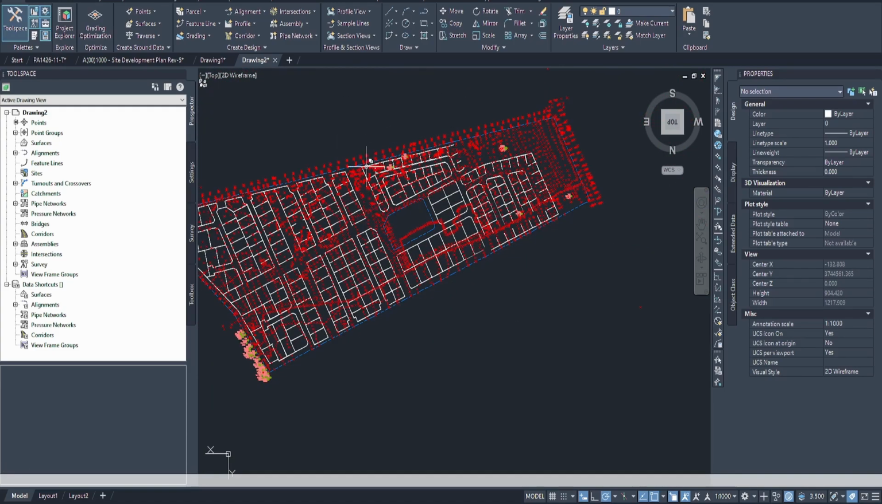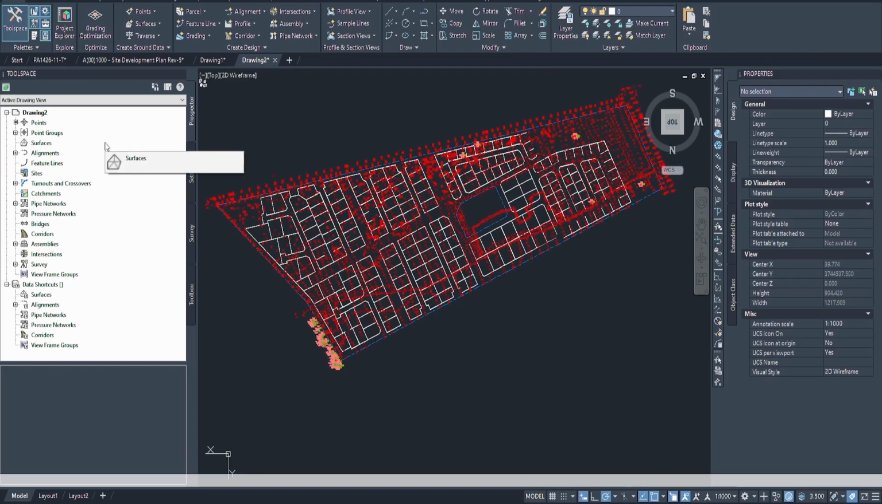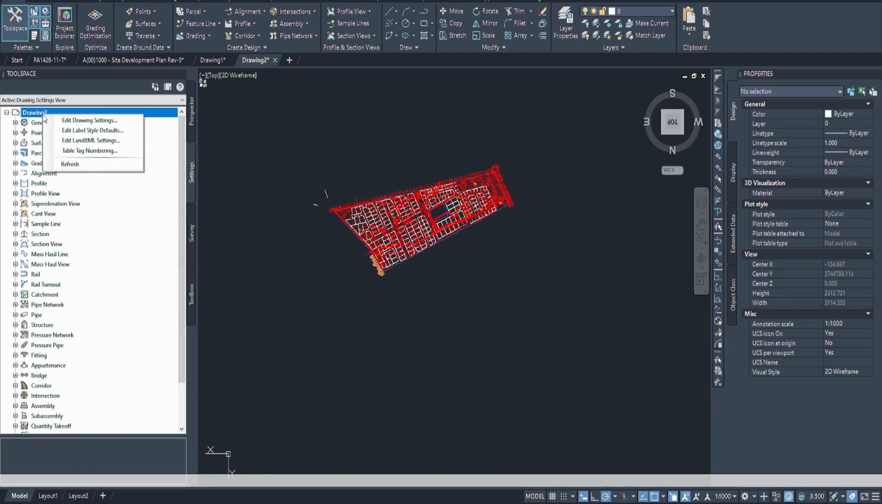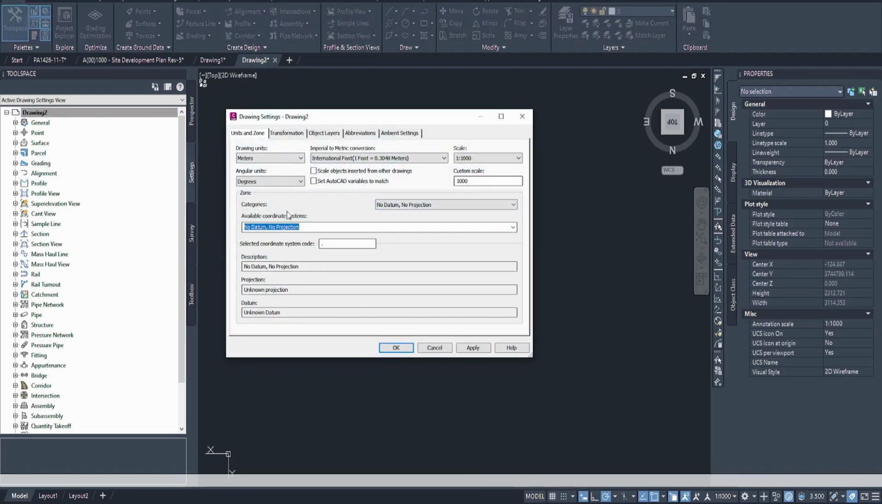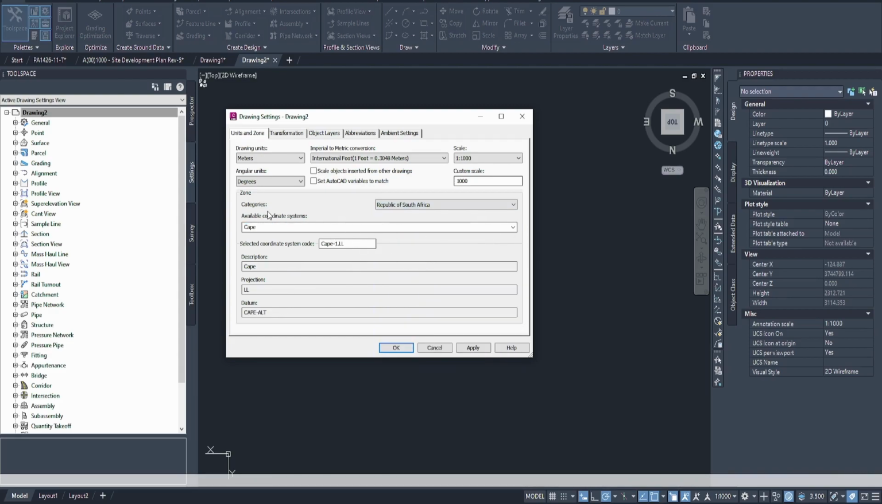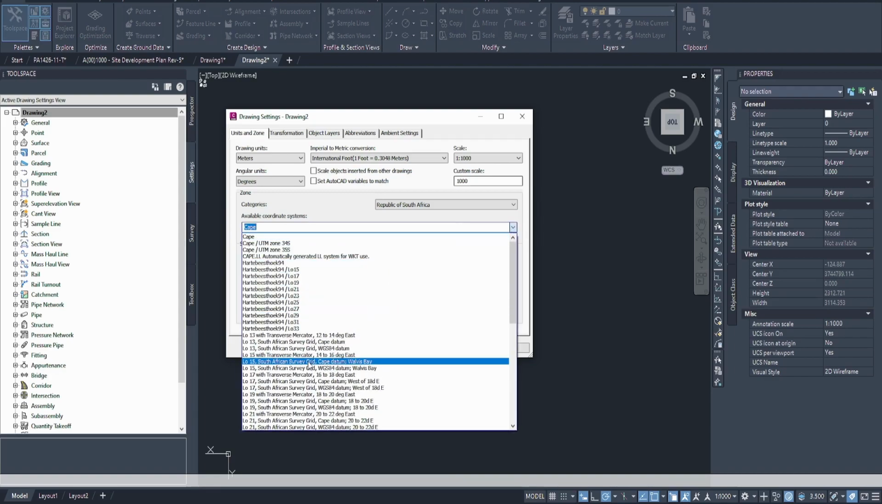Just the last thing that I want to show is how to create the backdrop. So if you want to see where your site is located and have like a Google image displayed, you can head down here to the settings tab and right click on the drawing name and click on edit drawing settings. So everything you can leave just as it is, but we can head down here to Republic of South Africa. There you go. And the coordinate system we use is LO19,